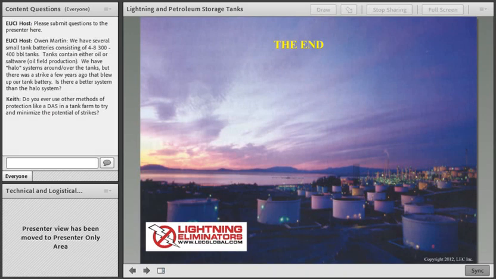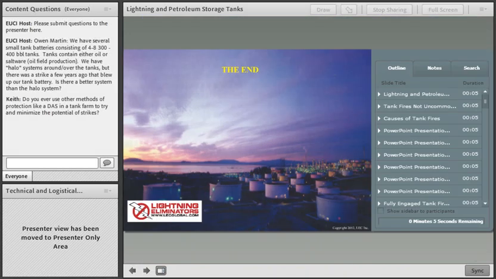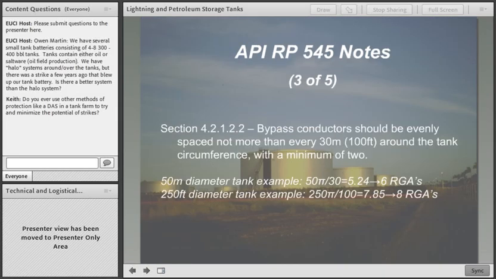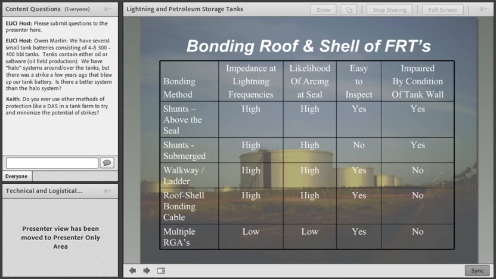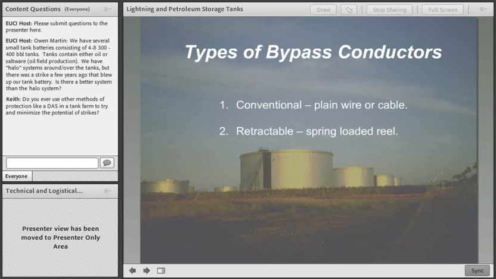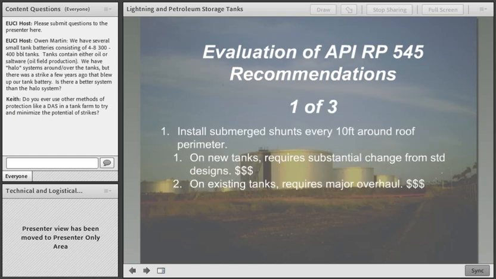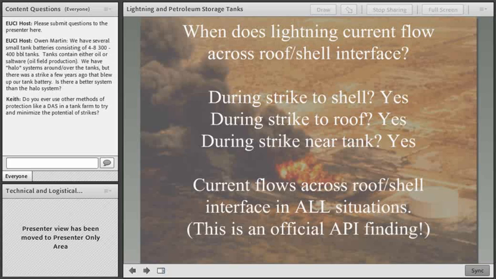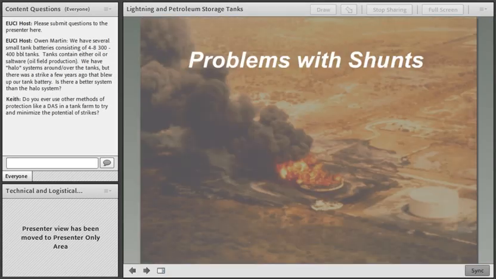I think the best way to answer this question would be to ask that you recall one of the very early slides in this presentation. And please bear with me, I'm going to get back to the slide, because it's easy to answer this question when you think about this slide.